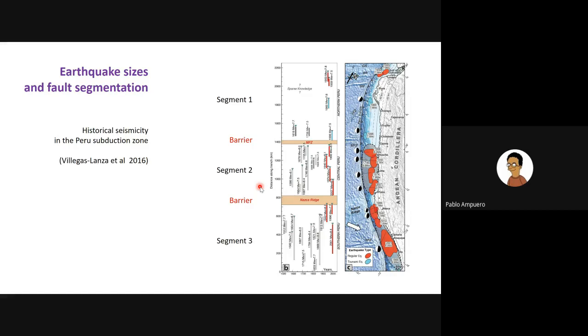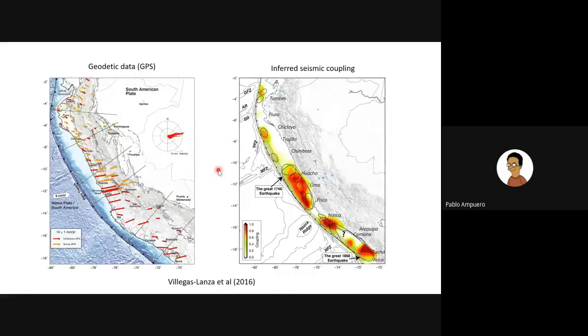Here are also some of the observations that can help constrain this question. And this mainly comes from crustal deformation observations based on GPS data, from which one can infer what we call seismic coupling maps, shown on the right here. In this map, the red areas show places on the fault where the slip deficit is accumulating very fast. So these are the areas that are accumulating the most potential elastic energy, and it could break in a future